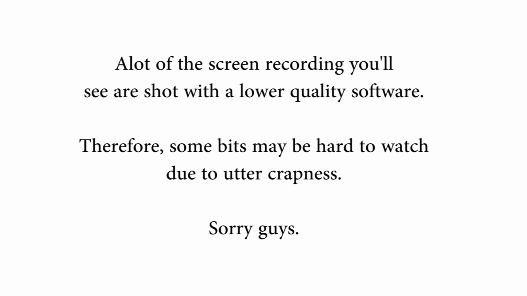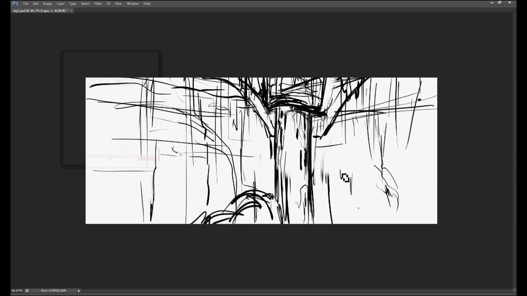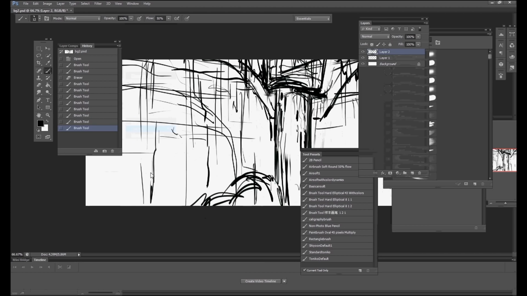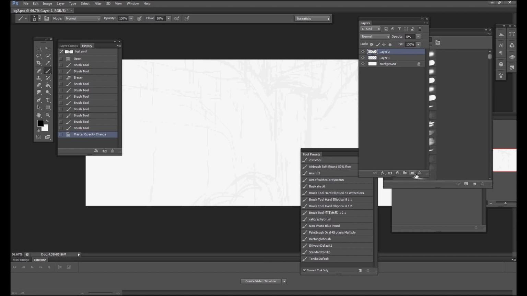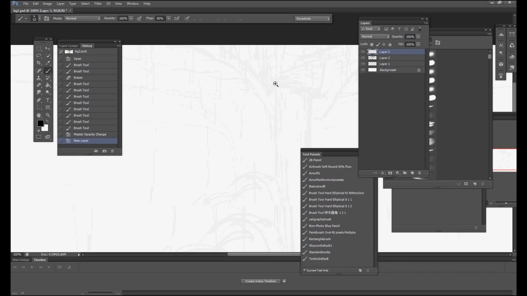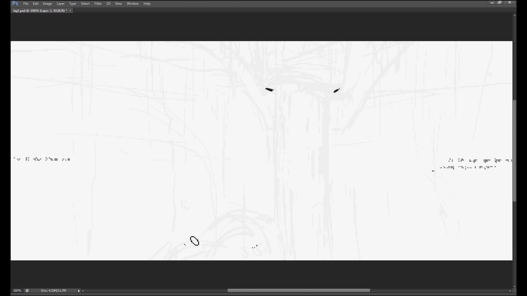So here I've basically finished my rough placeholder. Once I'm done with that, I'm going to create a new layer underneath this and turn the opacity of my placeholder down. I usually go for something like 20%, 5%, anything that's faintly visible. Then I'll create a new layer, and this layer will be a tie-down layer. This is where I start defining the materials in the background, using my placeholder as my guide.